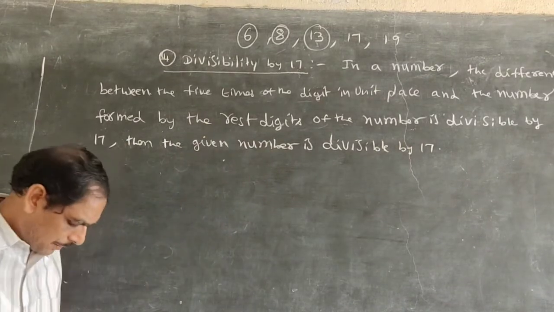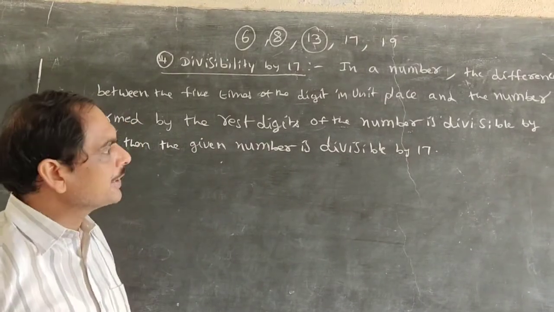So this is the property, that is, in a number, if you take any number, whether it is divisible